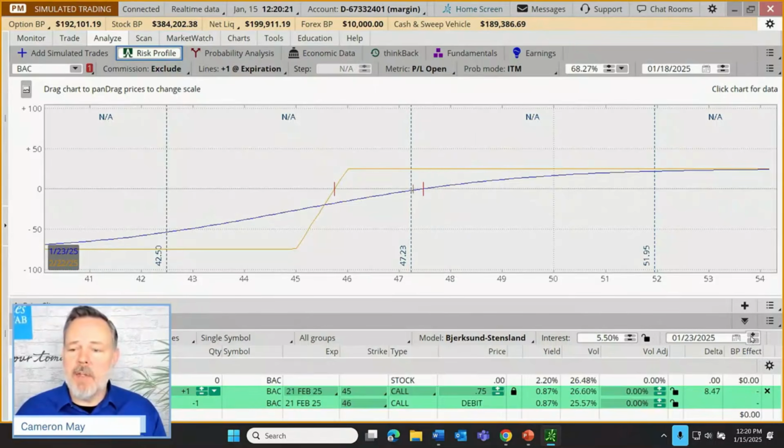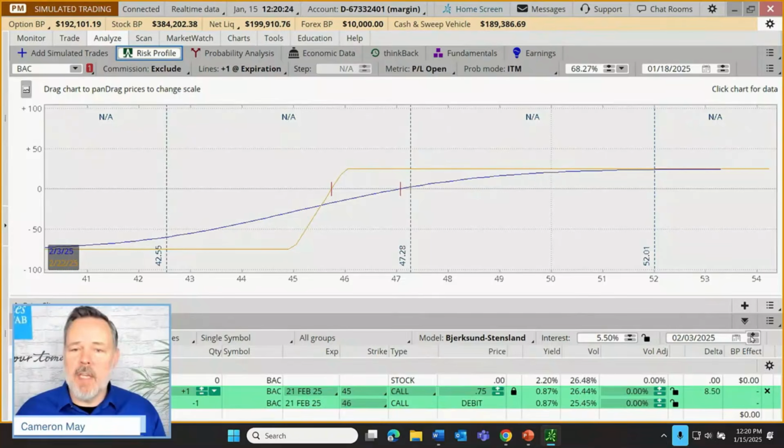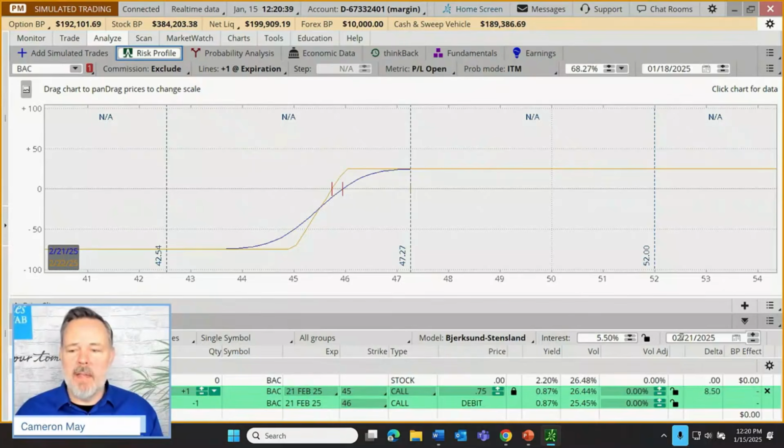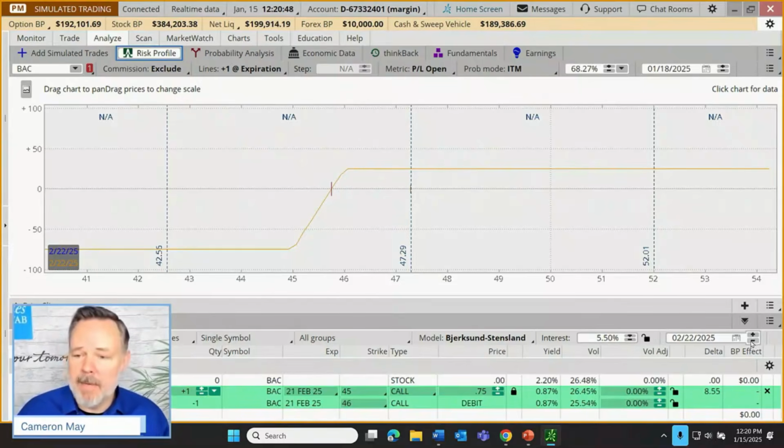So pretty nifty. If we were to just keep advancing this, I'm just keeping my finger down, clicking on the plus button here. You'll see that it keeps forming closer and closer and closer. The risk profile really starts to look very much like the expiration profile, especially, in this case, we're 1 day from expiration. And then when we get to expiration, the two lines overlap precisely because here we are, we're at expiration. So nifty little function right there.